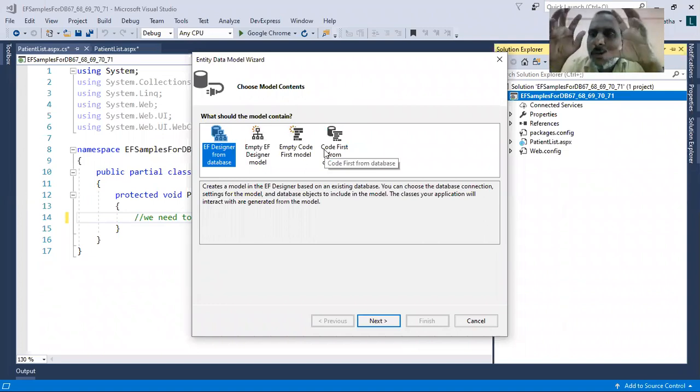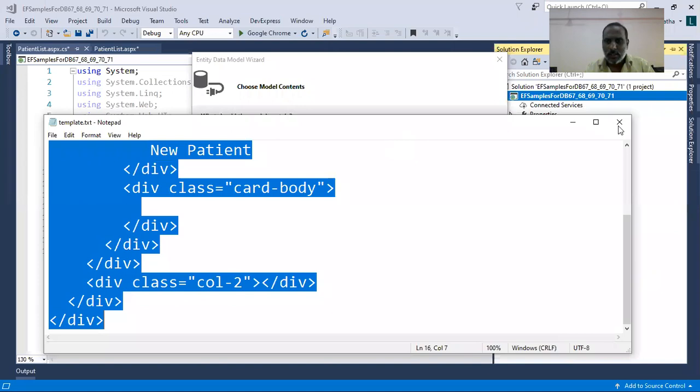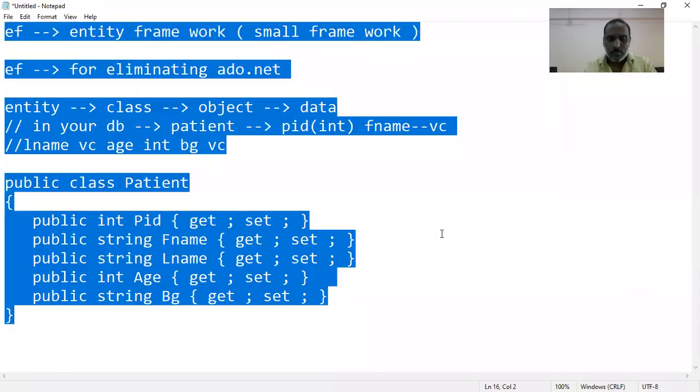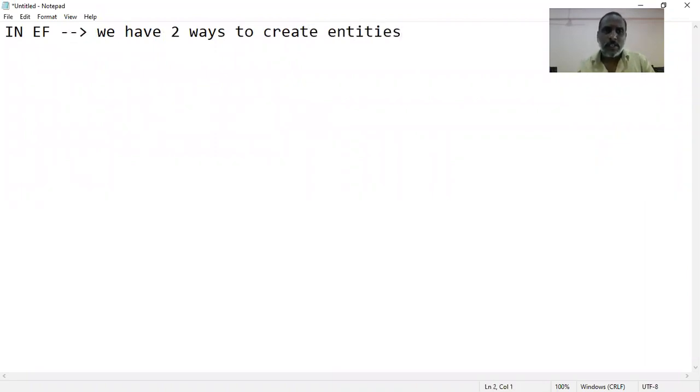Remember, when you are dealing with Entity Framework, primarily there are two ways to create entities, or two ways to use Entity Framework.